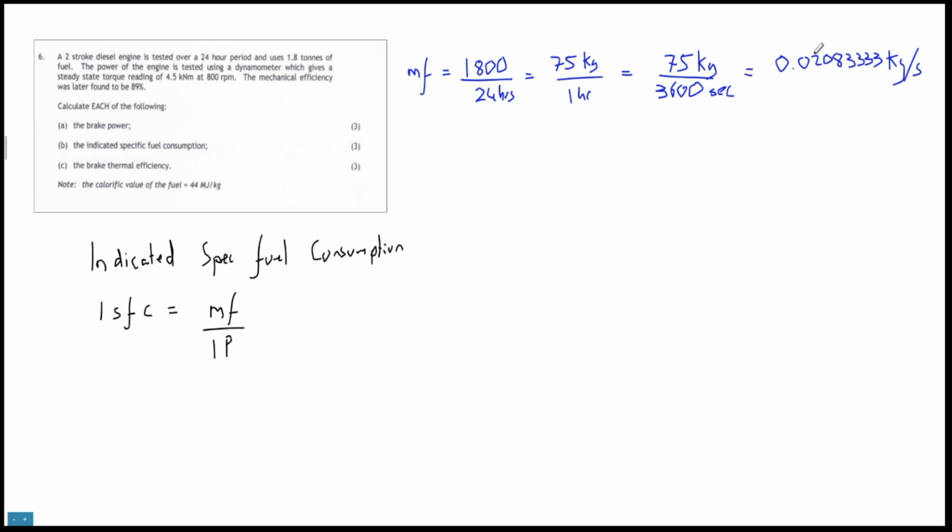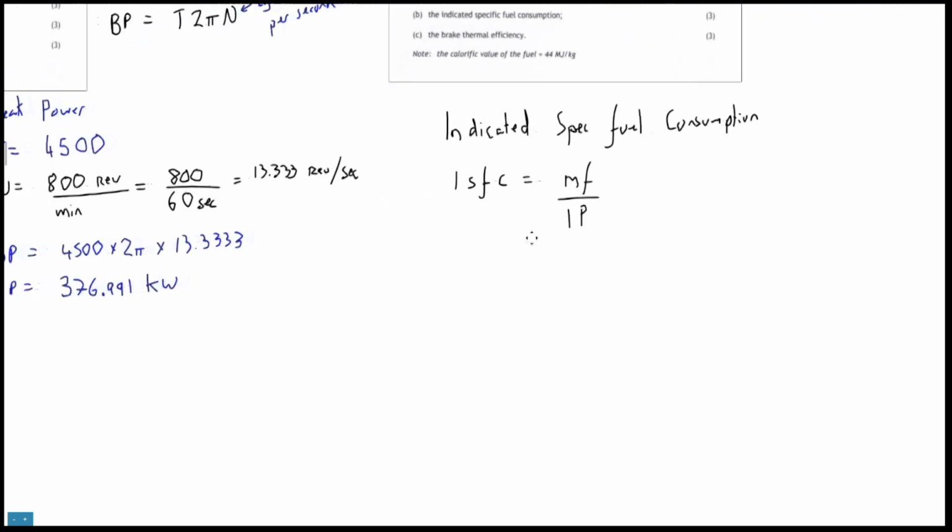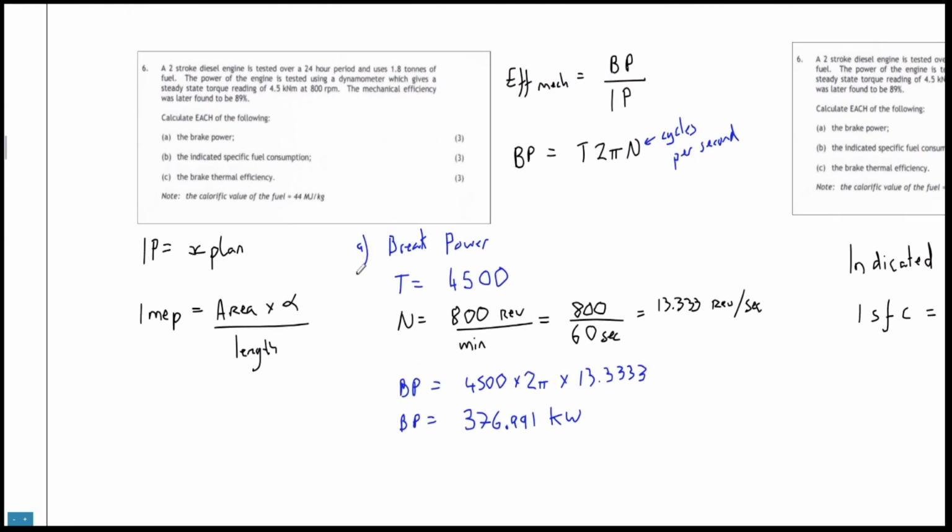This is kilograms per second of fuel. So we're using this much fuel. We're using 20 grams of fuel every second. Great. Okay, that's my MF. Now my IP. Do we actually have enough information to calculate IP? Well, there are 2 different formulas for IP. If I use my usual IP formula, I can't do it because I don't have my number of cylinders, but I can do it from the efficiency,